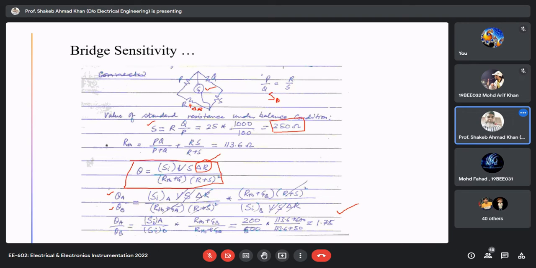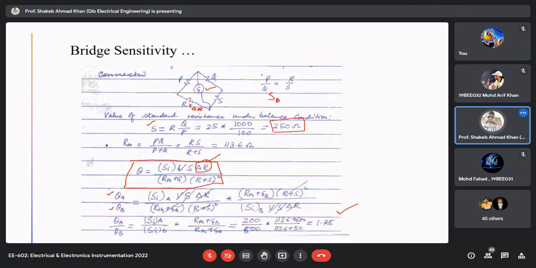How will you interpret it? So galvanometer B is more sensitive than galvanometer A. No, sir, sorry. Actually, as far as the galvanometer is concerned, galvanometer B is more sensitive than galvanometer A. Yes, sir. But when we are putting these galvanometers in the bridge circuit,